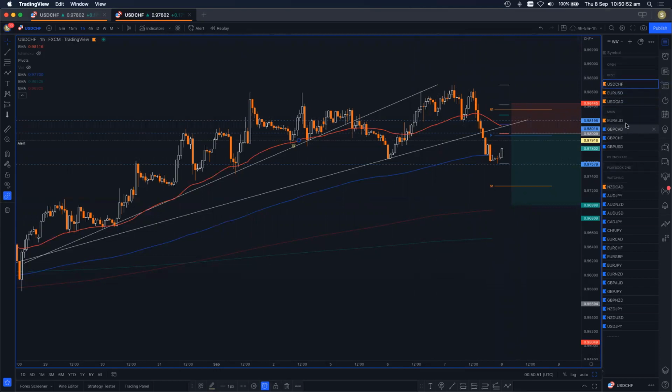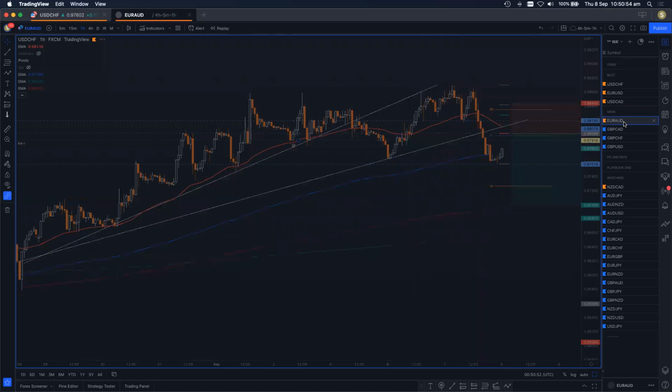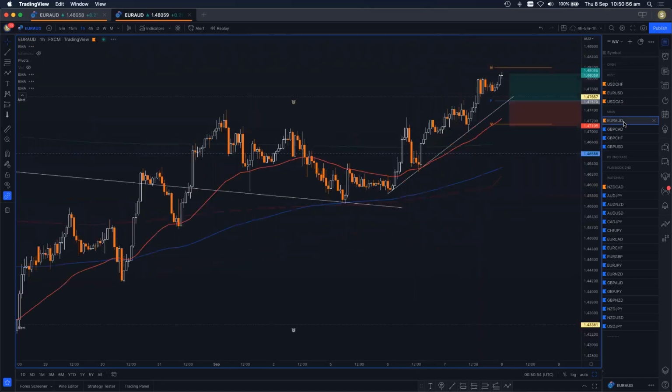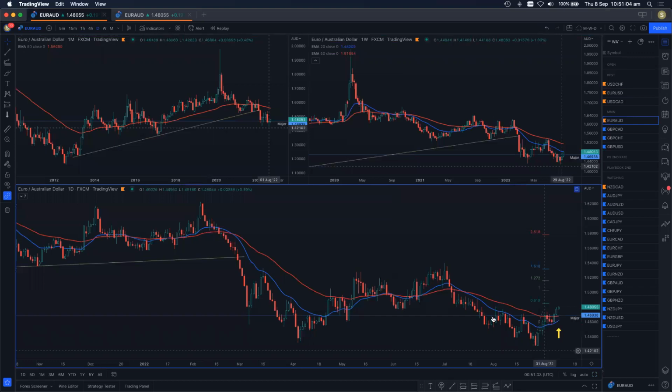Now, I'll quickly go through these main ones, which are looking pretty good, but not quite as premium as the ones we just looked at. Okay, so this one here, I need to turn the daily pivots on. Actually, I'll go to the daily first. So the daily shows we've had